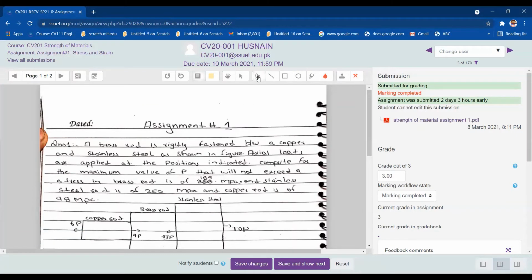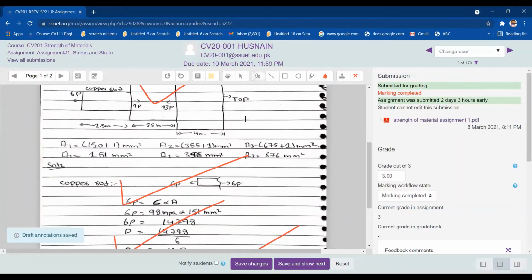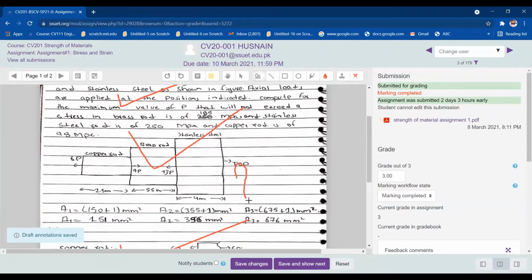One more thing you can do, if you don't want to click on the comment box, is write it yourself. For example, I can mark a tick with this option, and I can even sign with it. I have already told you in my previous video. You can mark a signature, but it is not required. There is no need for it.